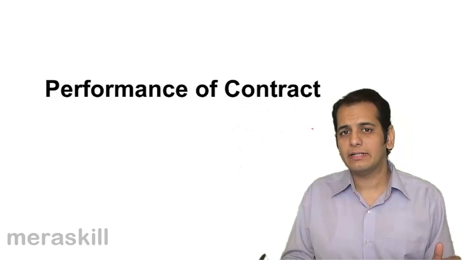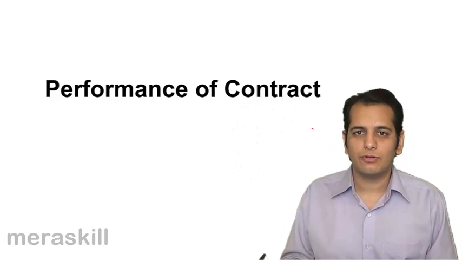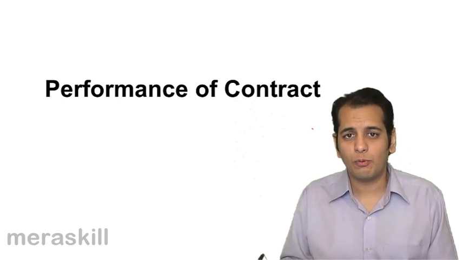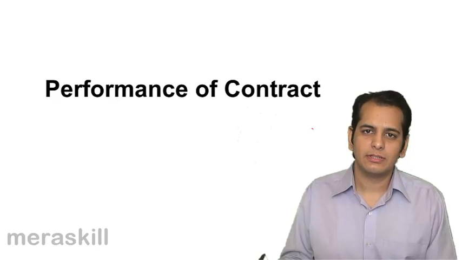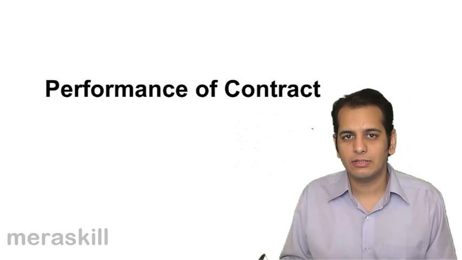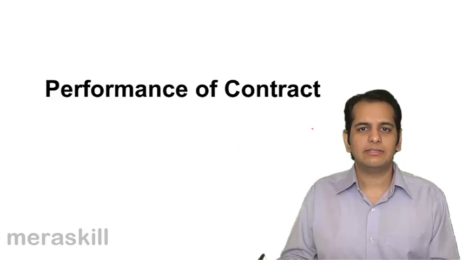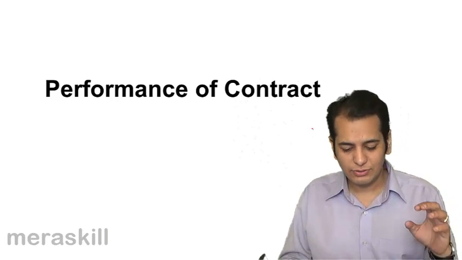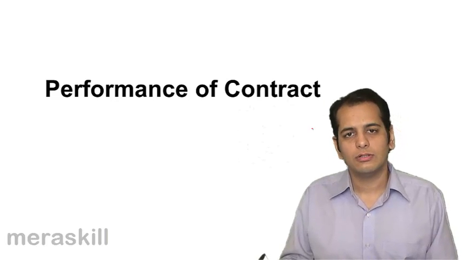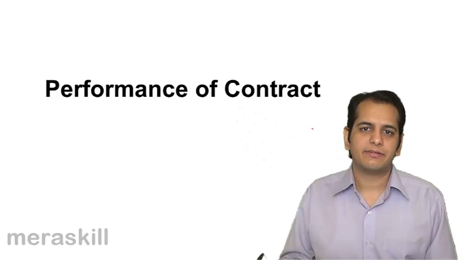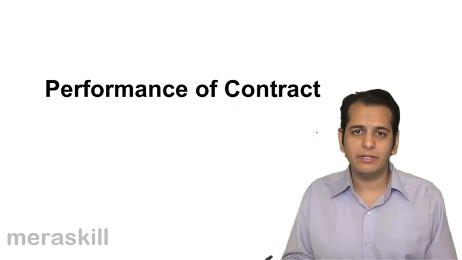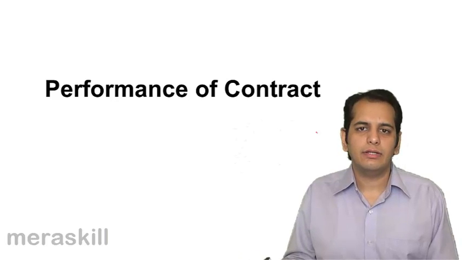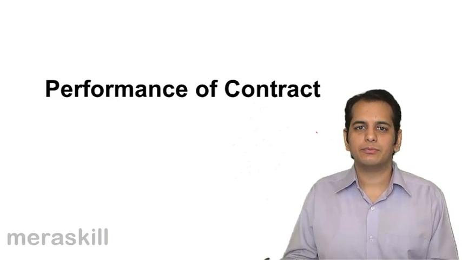We have already completed 3 units of the Indian Contract Act 1872. The first unit was on the nature of contract, the second was on consideration, and the third was on essential features or characteristics of a contract. This is the fourth unit on the Contract Act 1872. This is a very important part in the Indian Contract Act 1872.